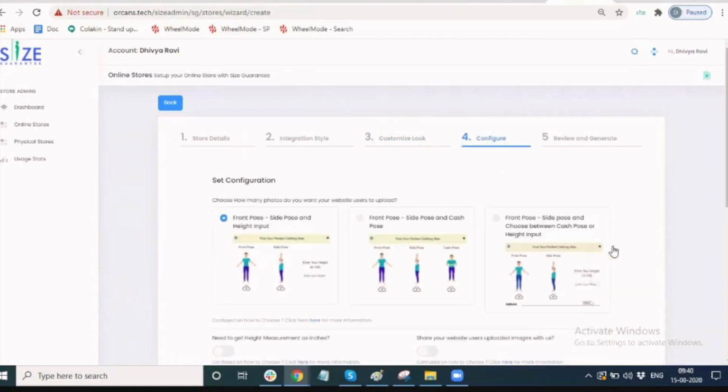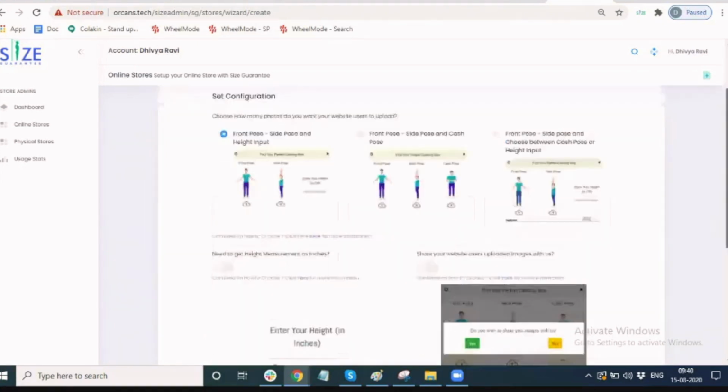And next, this size guarantee integration. We have a few configurations where the online store user can decide how this integration can work with his online store. These are some of the switches that the online store user has right now.